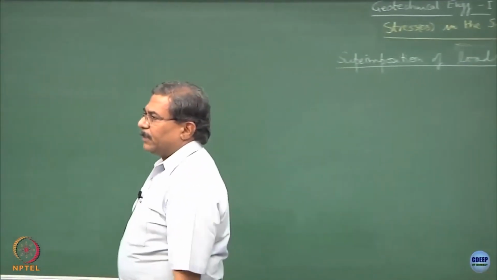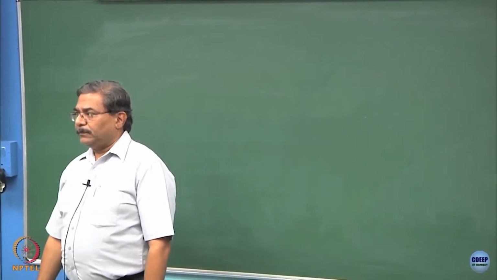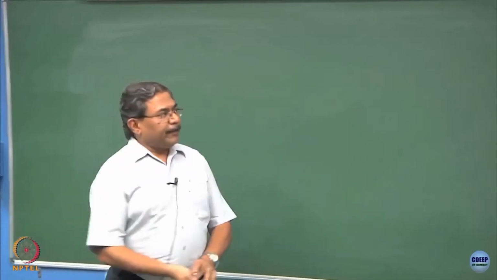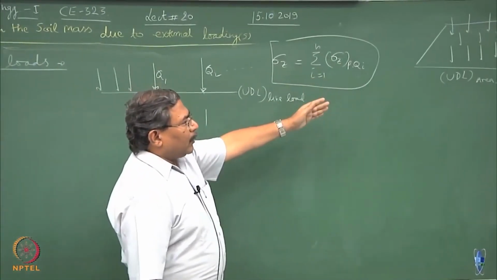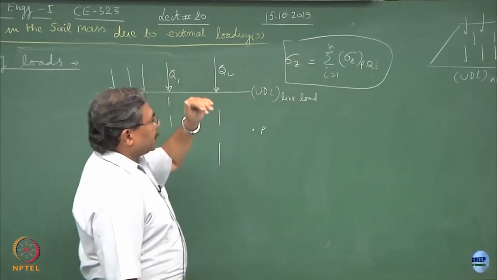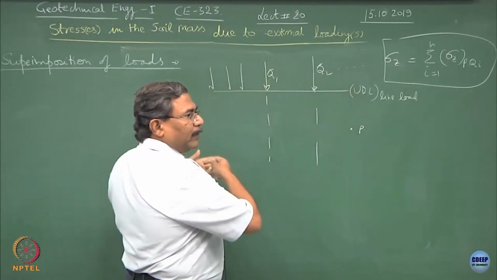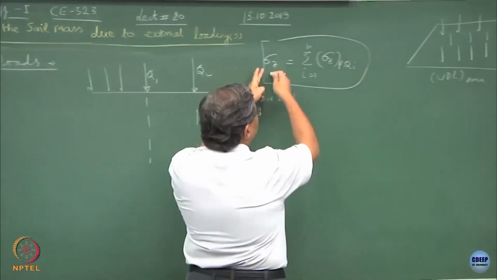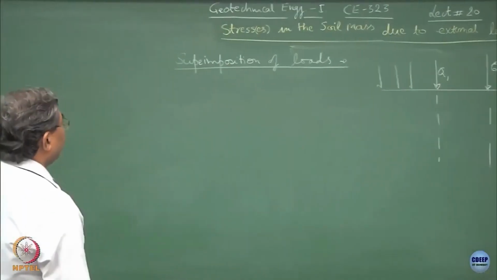The rest is all integration. Is this okay? So, if I integrate over these things, I will get the same effect. In other words, as long as the situation is very simple, I can keep on clubbing for Q1, Q2, Q3, Q4, Q5, Q6, and I will say that this is the total sigma z acting at this point. So, suppose if I ask you to find out